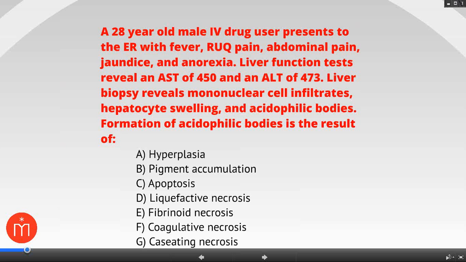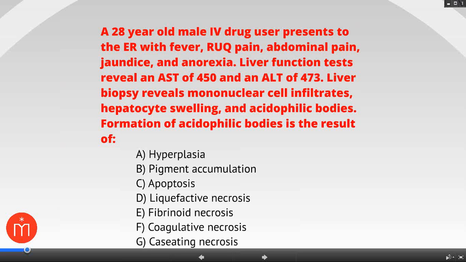We have LFTs reveal an AST of 450 and an ALT of 473. So we remember that the AST, the ALT, these are the so-called transaminases. These are enzymes that are contained within the hepatocyte in the liver. And as long as the integrity of the membrane is intact, those enzymes should be relatively low, under about 25 to 30. So when we see this elevation here, this tells us that we have an acute process in the